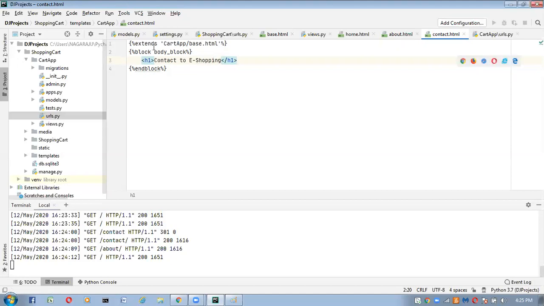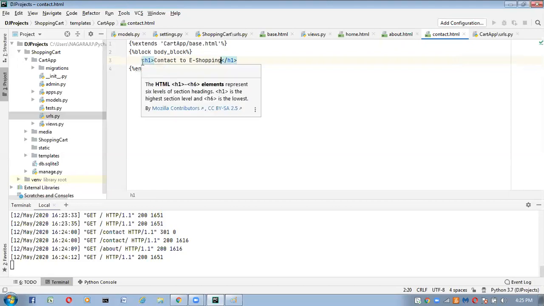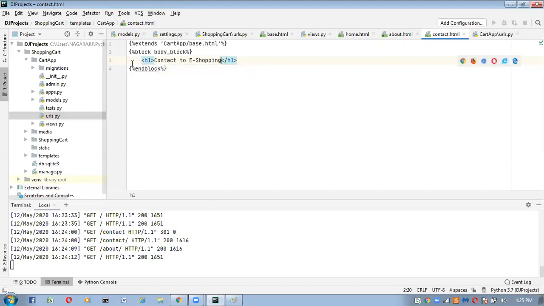Now if you observe it here, inside contact.html, inside about.html, inside home.html files, we are taking separate blocks. Inside those blocks we are writing the HTML page specific code, by extending the base.html file.